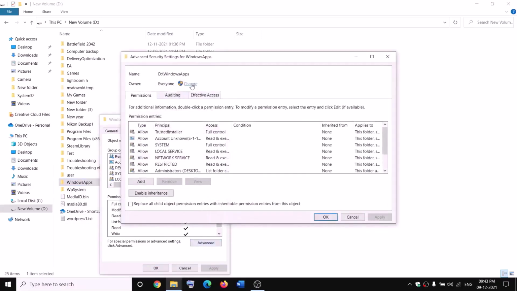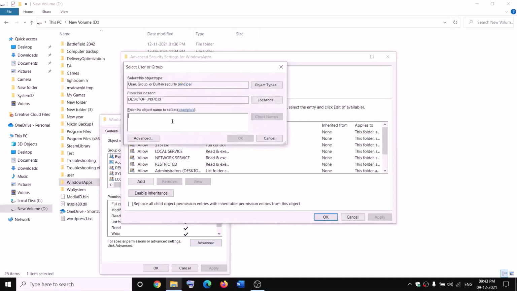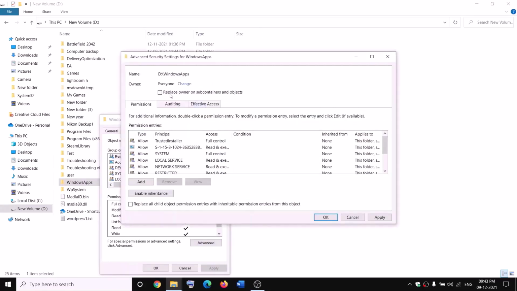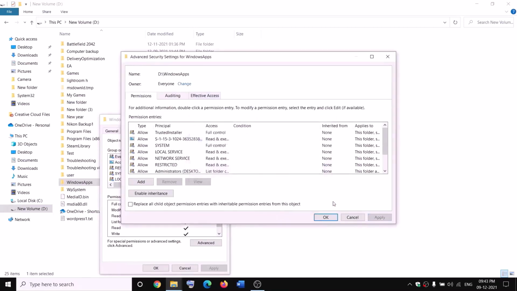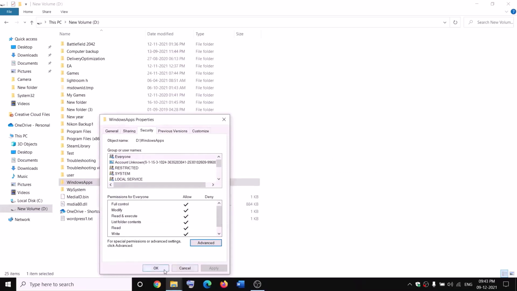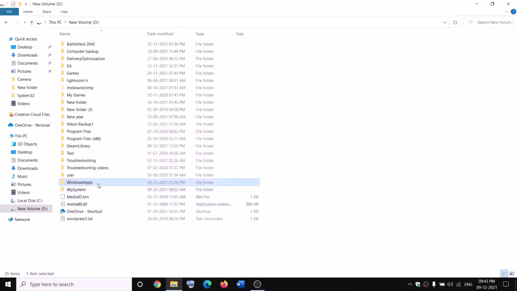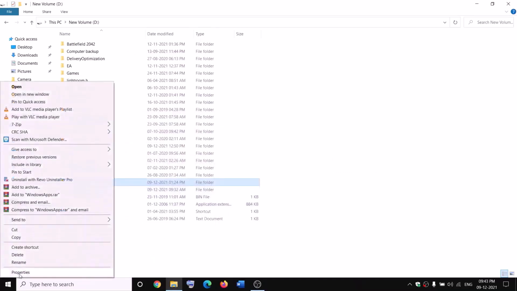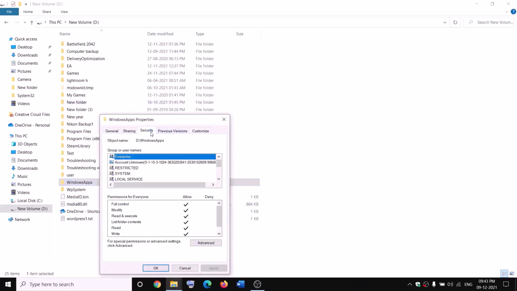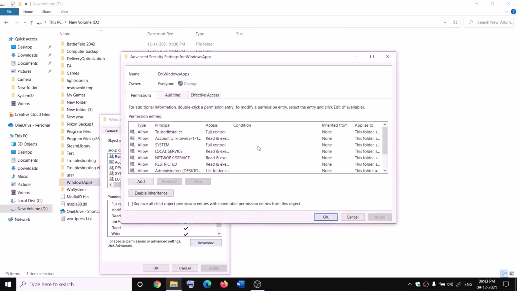Now click on Change over here, type in Everyone in the box. Now click on Check Names, then click on OK. Now put a check on the box which says Replace owner on subcontainers and objects and then click on Apply. OK. OK. Again OK. Again make a right click on WindowsApps, select Properties, Security tab, Advanced, and this time